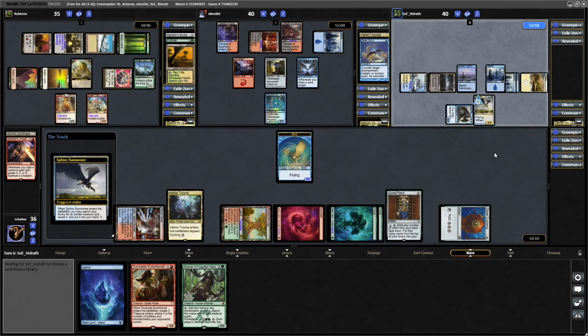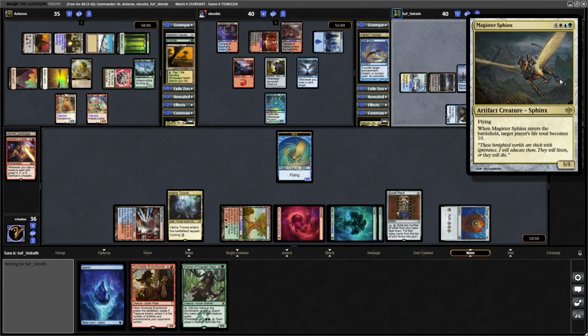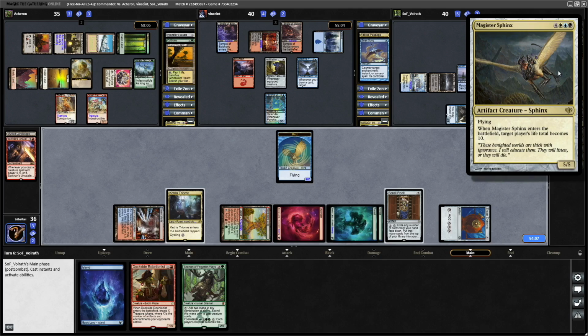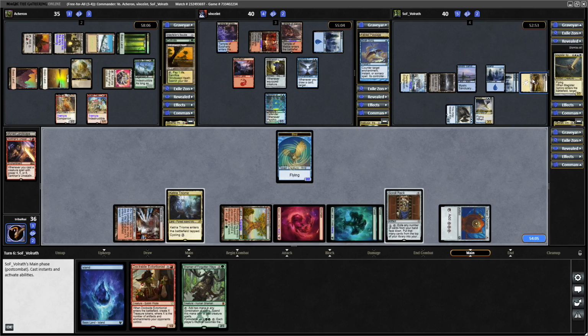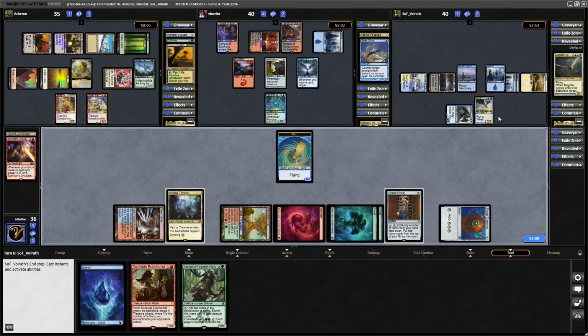There is that Sphinx card, actually, that makes someone's life total 10, I think it is. Yeah, that's the one. Ugh. Yeah, okay, and that is 7 mana. They've got 4, 5, 6, and 7 mana. So I think I'm going to hold up the bird for as long as I can, because I dare say they'll point that